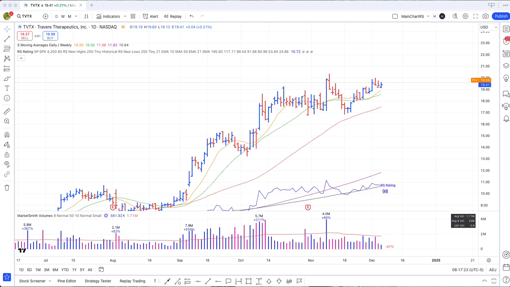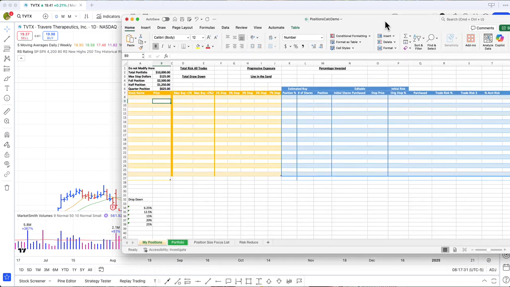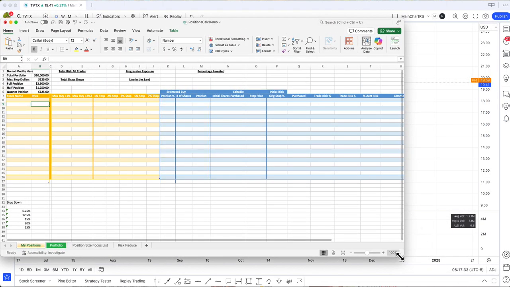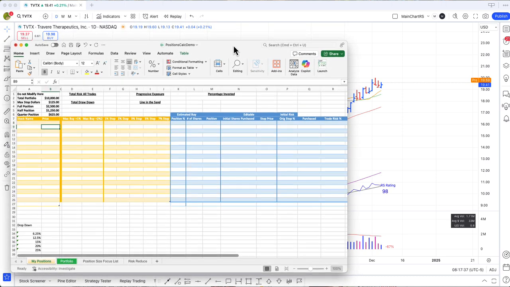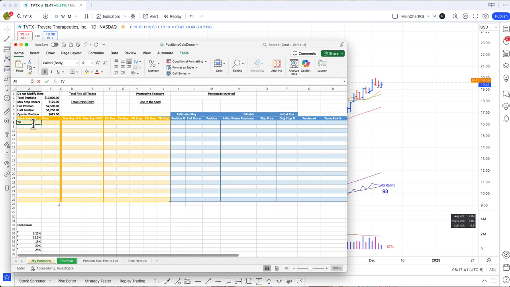Again, I'm not really talking about the setup. This could be any name, any setup, but I just have a symbol on the screen. So I'm going to bring my sample spreadsheet over, and we're going to look at TVTX. So we'll say TVTX, and we want to buy this name